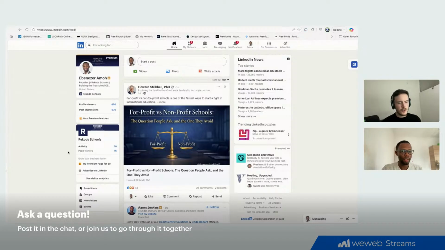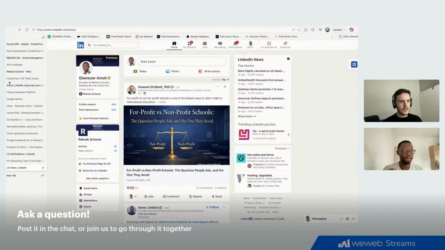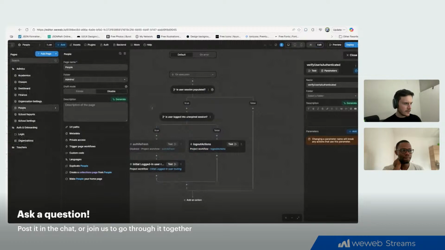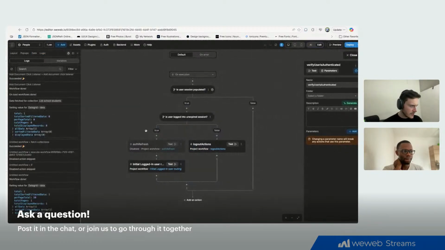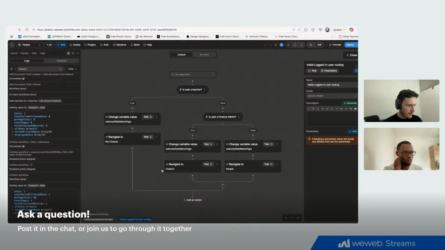So what we might want to do, it should be pretty straightforward then. I think one thing we can add to your check is, if you go back to this logic, so you're saying, is user logged in? And then if they are logged in, could you go into the workflow? Yeah, that one. So are they a teacher? Okay. What if you were to add some kind of check to just say,